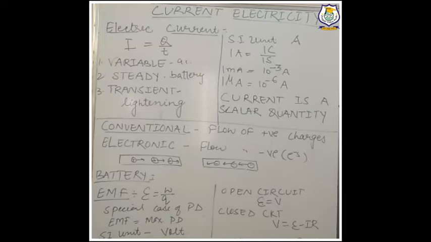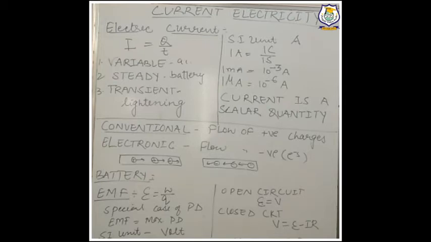So here in today's lecture I would like to focus on a few very important terms the chapter is based on. The very important first term is electric current. We know that if two bodies charged to different potentials are connected together by means of a conducting wire, then the charges begin to flow from one body to another, and the charges continue to flow till the potentials of the two bodies become equal.